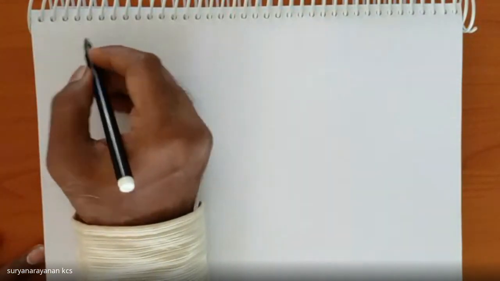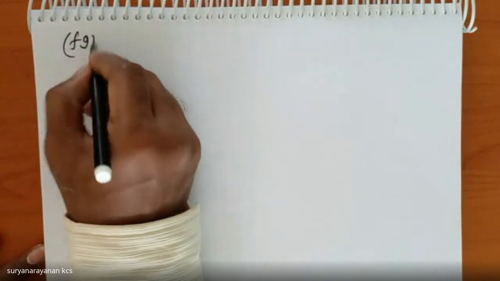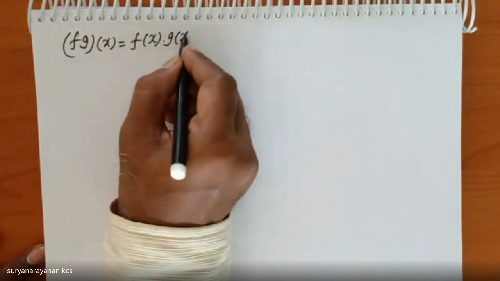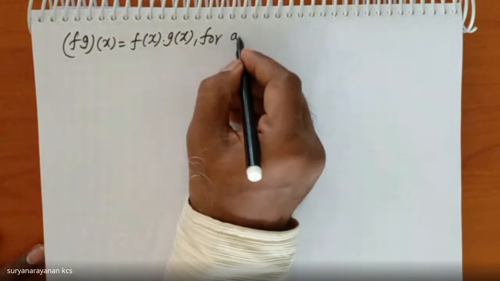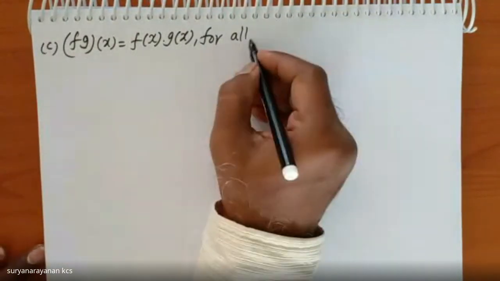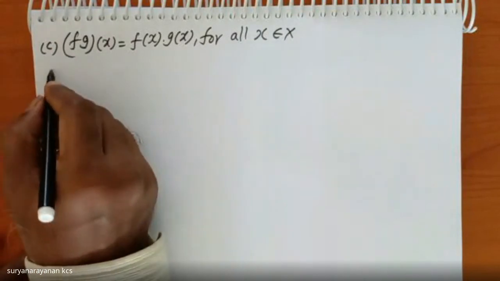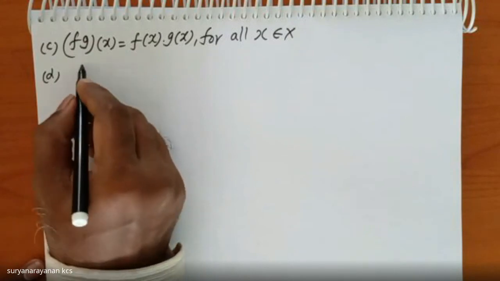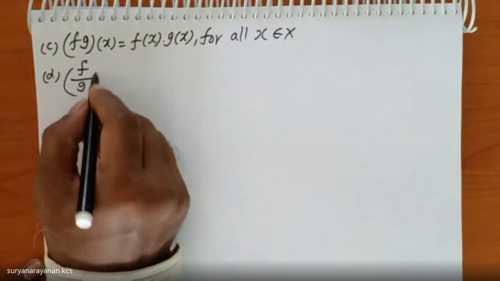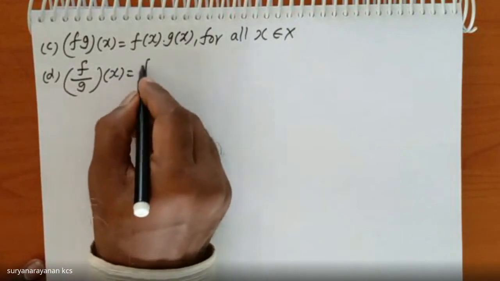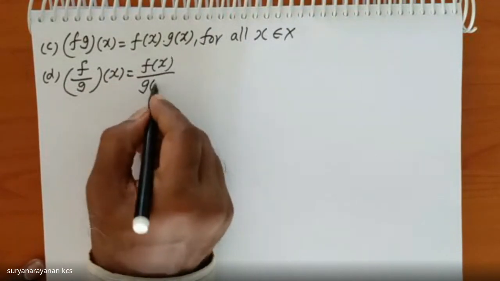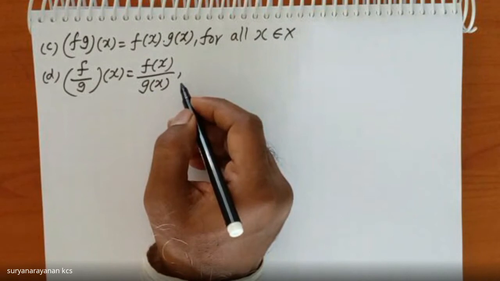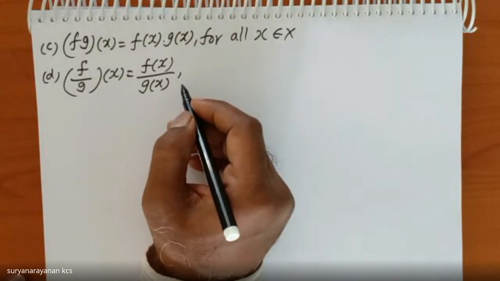f into g of x, f g of x, f of x into g of x for all x belongs to X. And we define quotient of these two functions. f by g of x is equal to f of x by g of x, f of x by g of x for all x belongs to